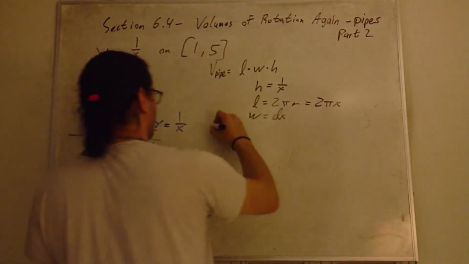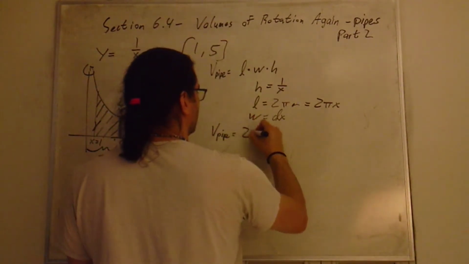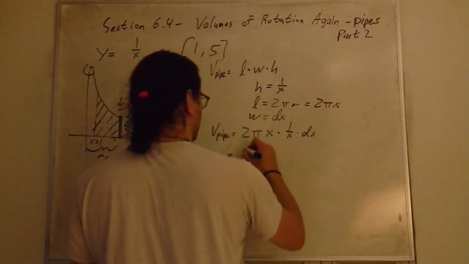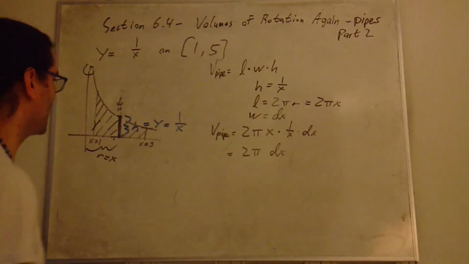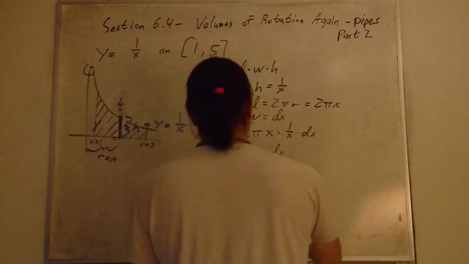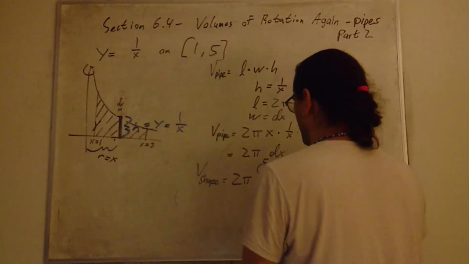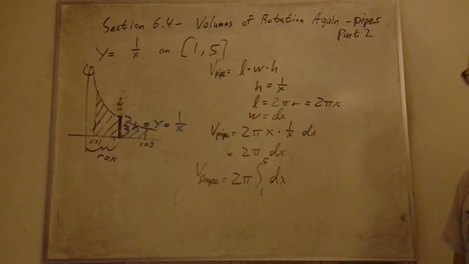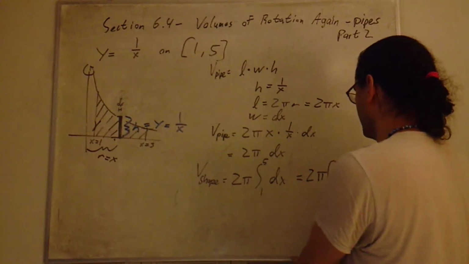So the volume of my pipe should be 2 pi x times 1 over x times dx, which is 2 pi dx. X and 1 over x cancel. So the volume of my shape should be 2 pi times the integral from x equals 1 to 5 of dx. The integral of dx is x